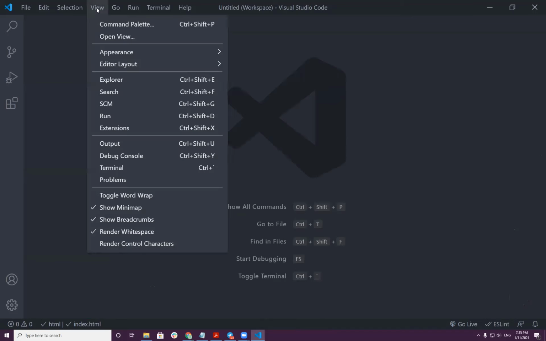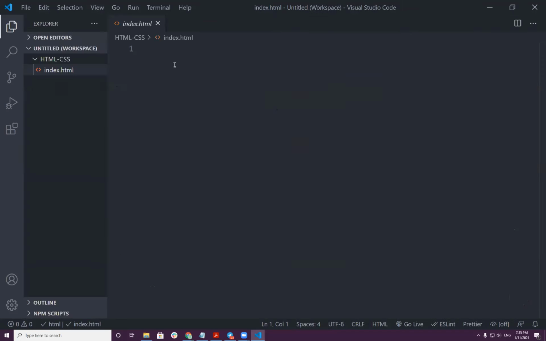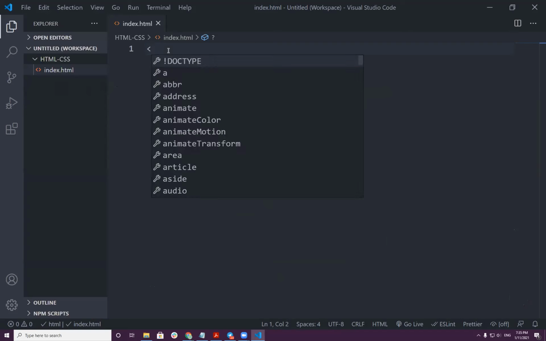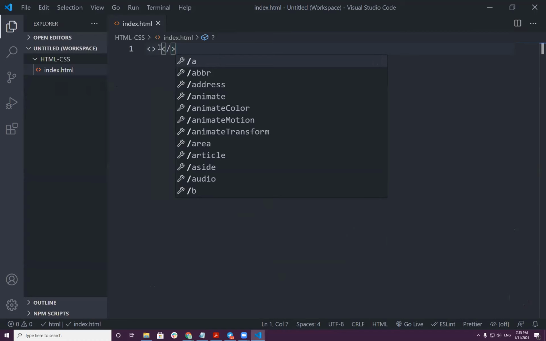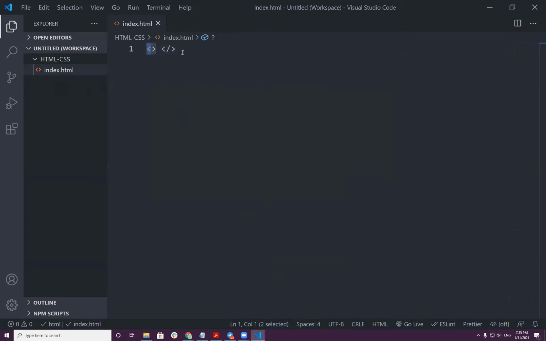Okay, now I think we have this. Now let's start coding. H1. So in HTML, we use tags, an opening tag and a closing tag. This is how it looks. Have you seen? This is the opening tag and this is the closing tag. This is what you should remember. The only thing you should remember in HTML is this,